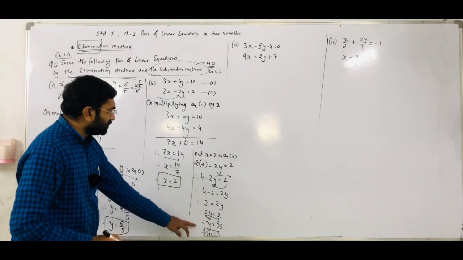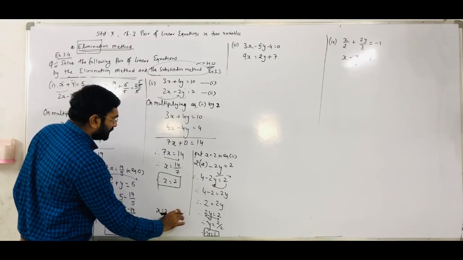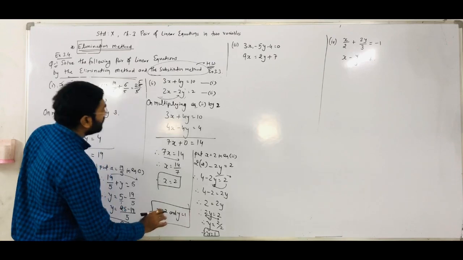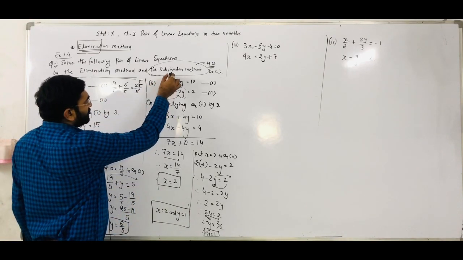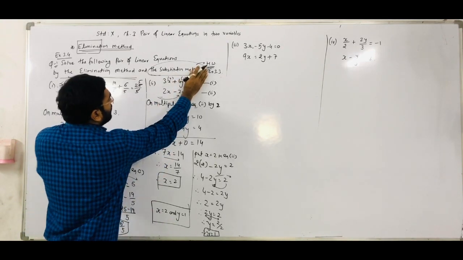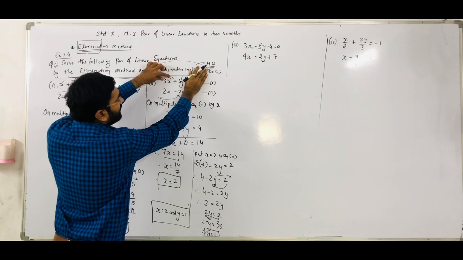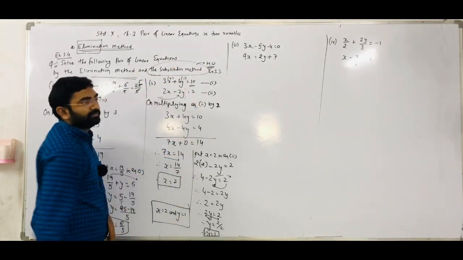Right. So this is the solution. X is equal to 2 and y is equal to 1 is a solution of the given pair of linear equations. Observe here, we verify. X value you have to put here, 2. Y value put here, 1. Right. Now do the multiplication of that. 3 2s are 6. 4 1s are 4. 6 plus 4 and we get 10.